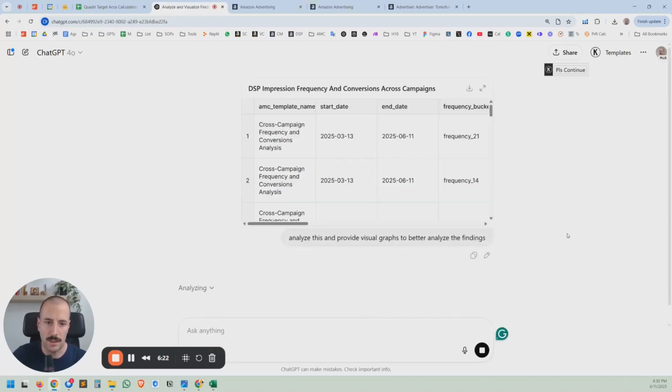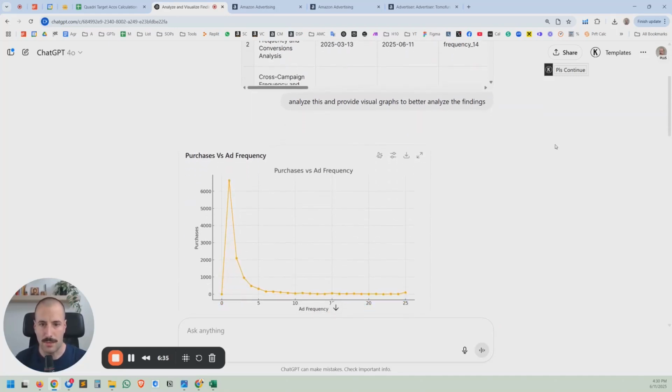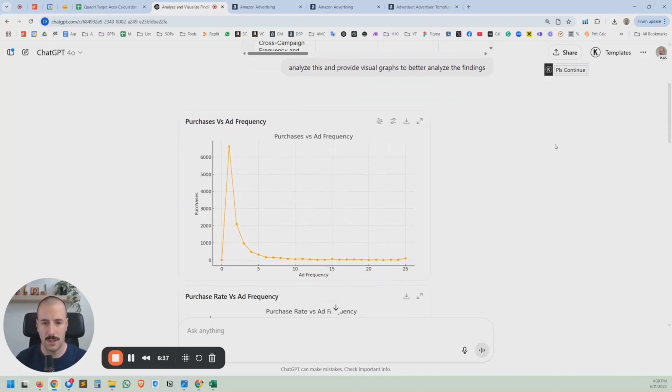Then I hit enter, and we're going to wait for it to crunch the data and give us some kind of report. And there you have it. After a minute or two, this is what we get. Purchases versus ad frequency. Very, very visually attractive, and you can immediately see how things are going. On the left, you can see the purchases and how purchases are related to the frequency. So you can see easily that around